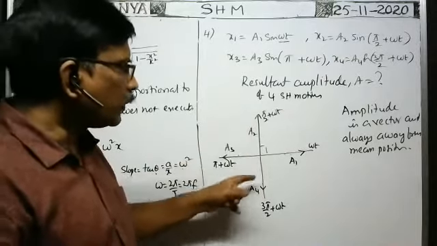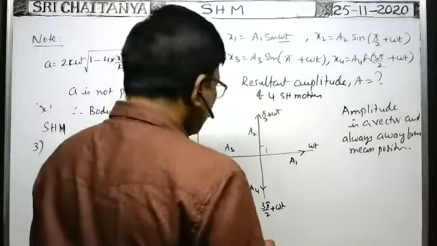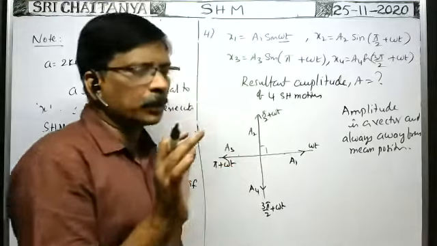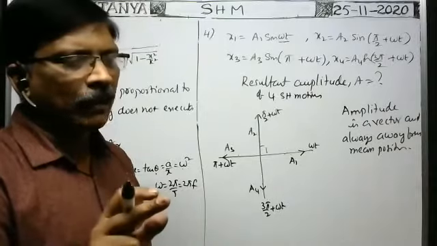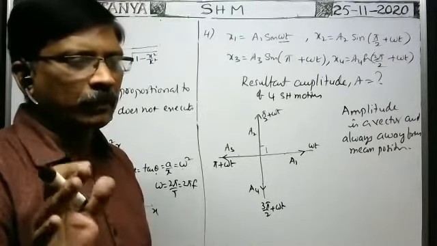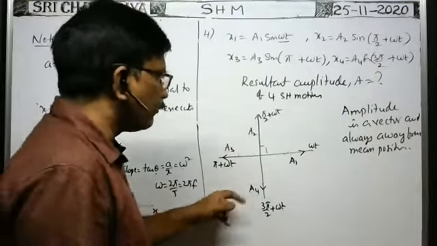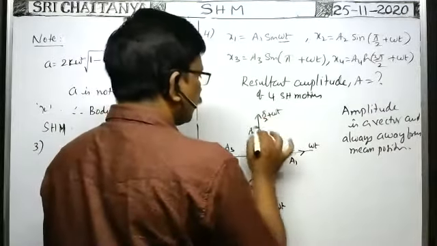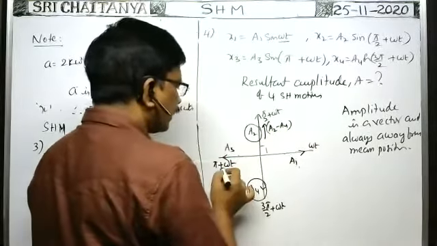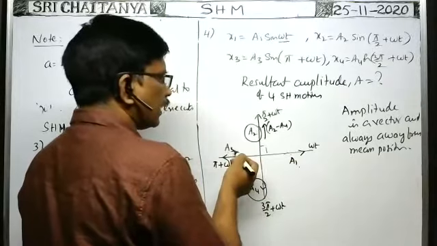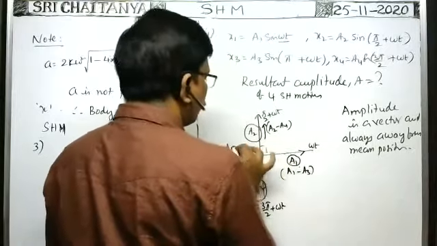When these two simple harmonic motions are in opposite phase, what is the resultant amplitude? Actually, when two simple harmonic motions having amplitudes a1, a2 meet at a point with a phase angle of phi, then the resultant amplitude is equal to square root of a1 square plus a2 square plus 2a1 a2 cos phi. Similarly, as these two are in opposite direction, suppose if a2 is greater than a4, then the resultant of these two is in this direction, which is equal to a2 minus a4. Suppose a1 is greater than a3, because a1 and a3 are also in opposite direction, then a1 minus a3 is the resultant amplitude of these two.